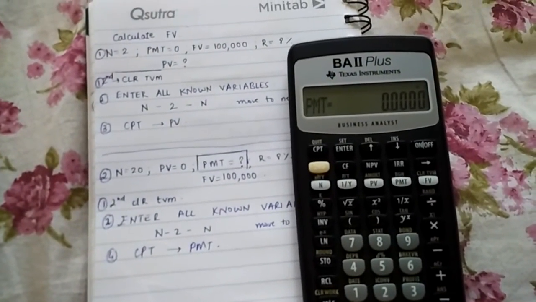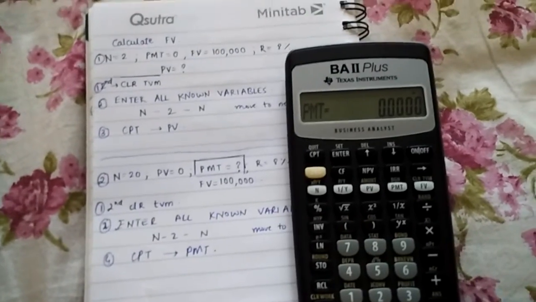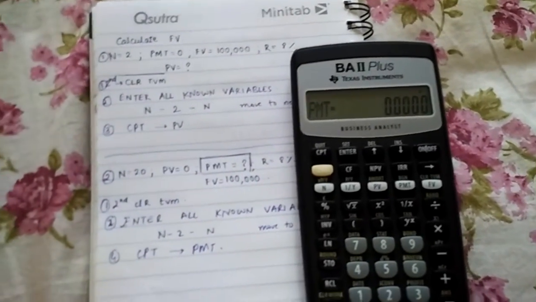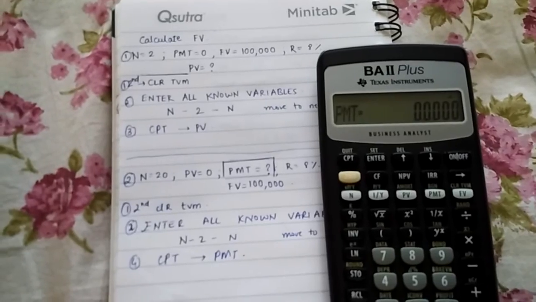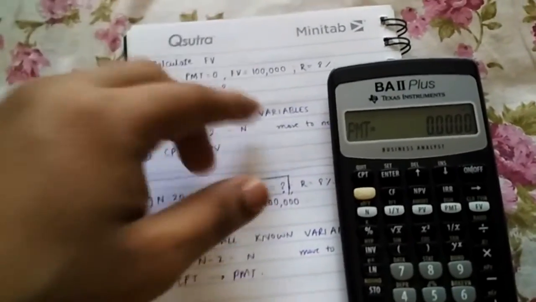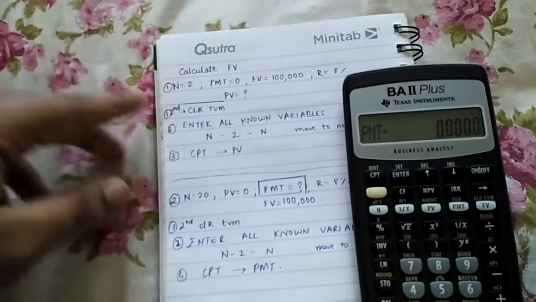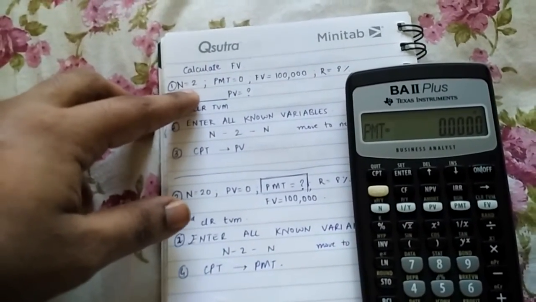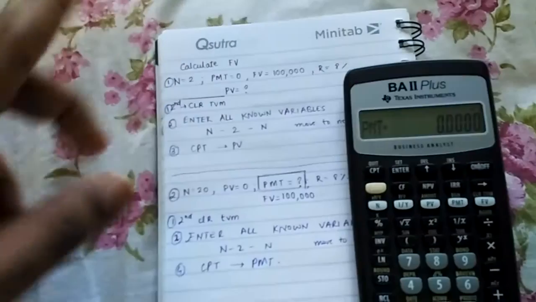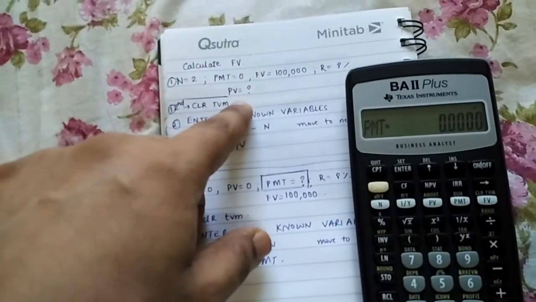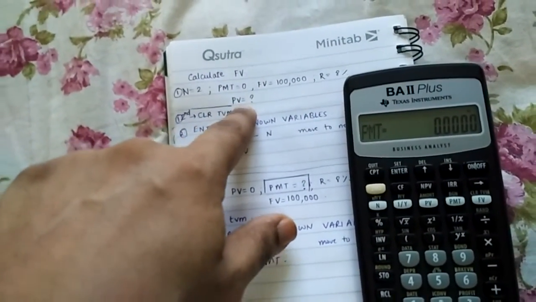Today we'll be looking at elementary time value problems to kind of familiarize ourselves with the whole process. I've taken two problems, where in both of them a person who's going to college will be needing $100,000. In the first case, he's investing the money himself. He's got a 2-year time horizon and an 8% rate of interest, and we need to find the present value, that is the amount that he'd need to invest right now.